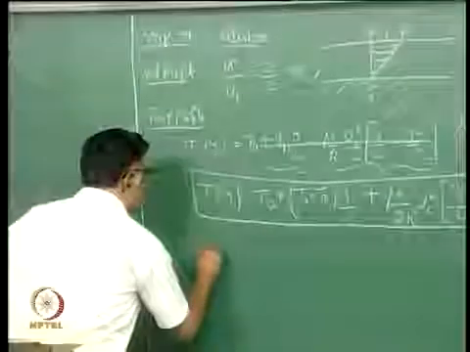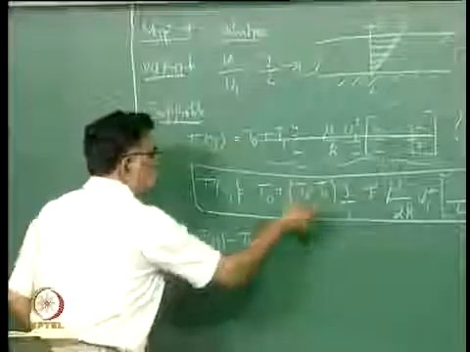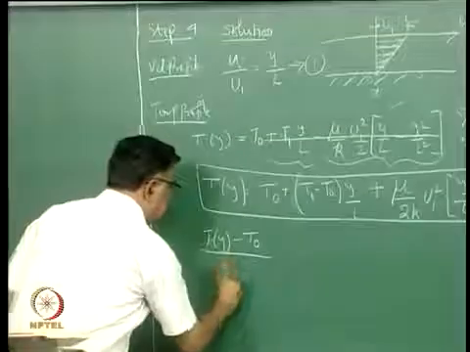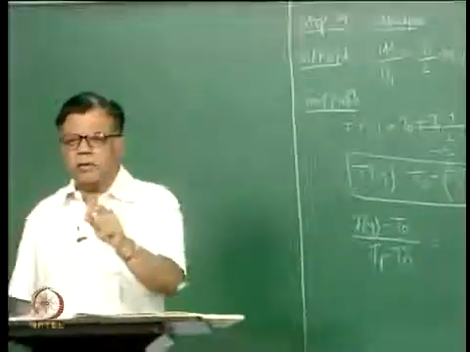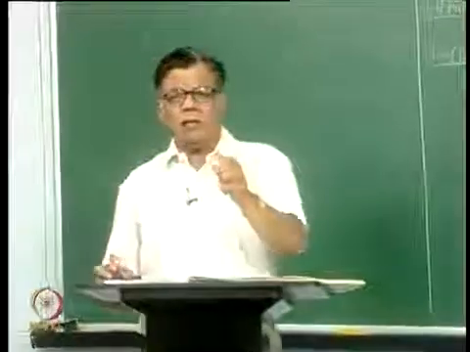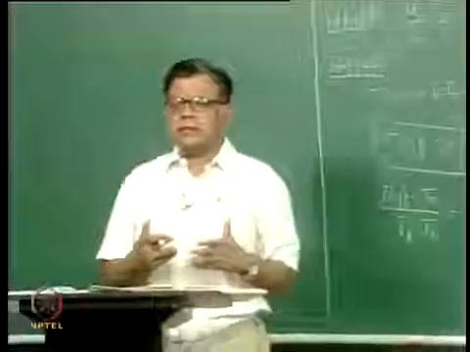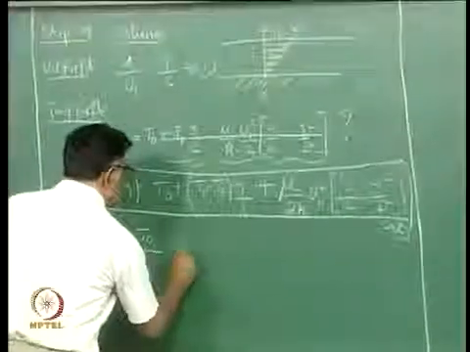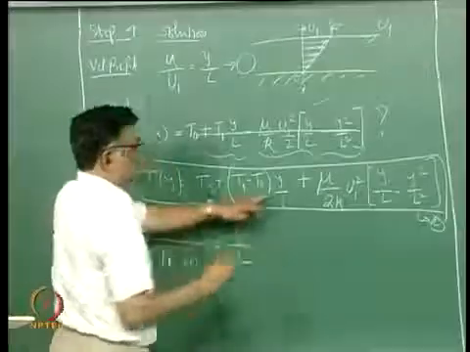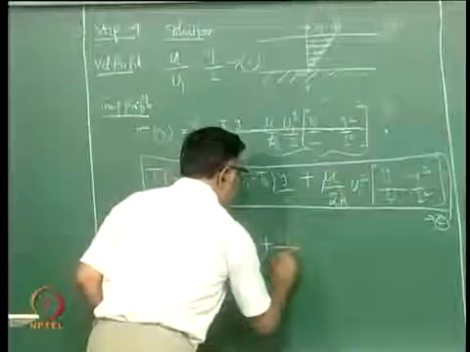So I can rewrite this expression as T of y minus T naught, bring T1 minus T naught to the left hand side. Now you have a non-dimensional temperature difference. It is not non-dimensional temperature, it is non-dimensional temperature difference. Always non-dimensionalization makes things easier for various reasons. Now, so this is y by L, this is y by L plus this whole thing divided by